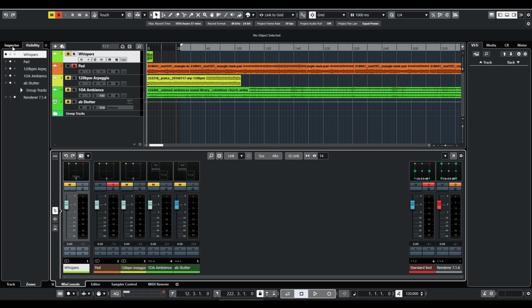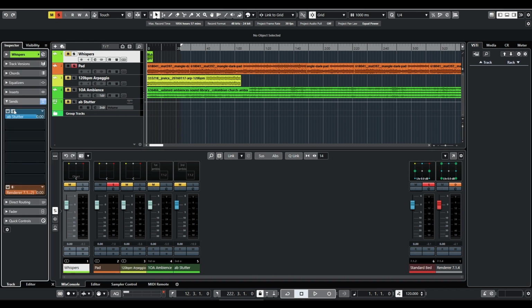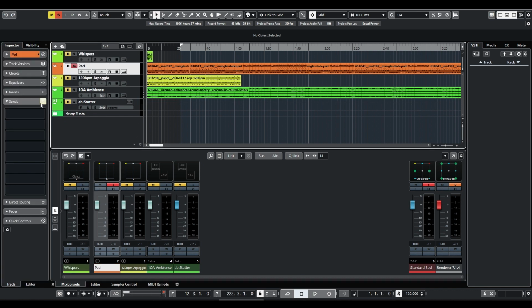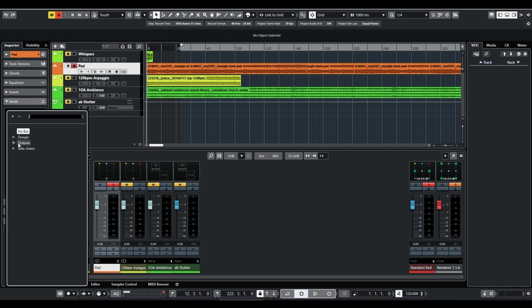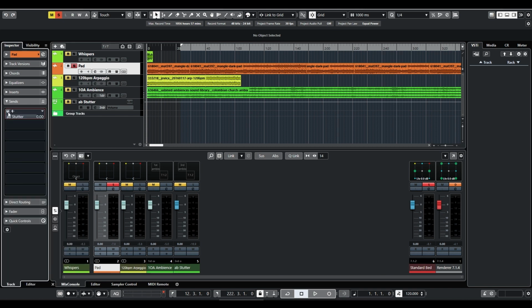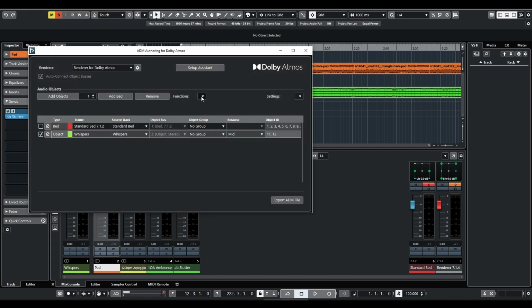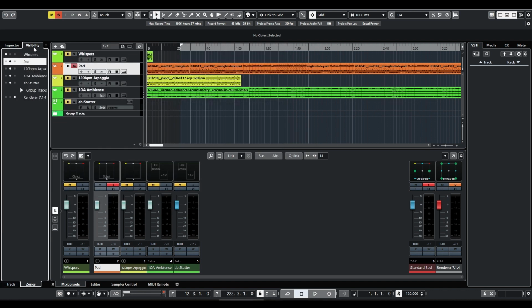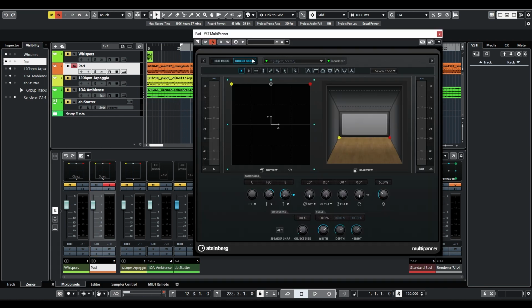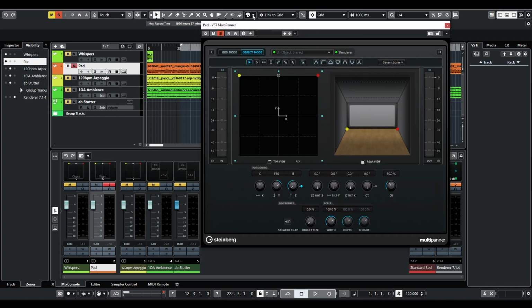Let me just remove my send from here. And here on my next track, I'm just gonna again send it to my A/B Stutter track, and I'm going to convert it to an object. Let me just move it to the left. Okay, and now if I open this, I can see that my object is stereophonic, even though my A/B Stutter